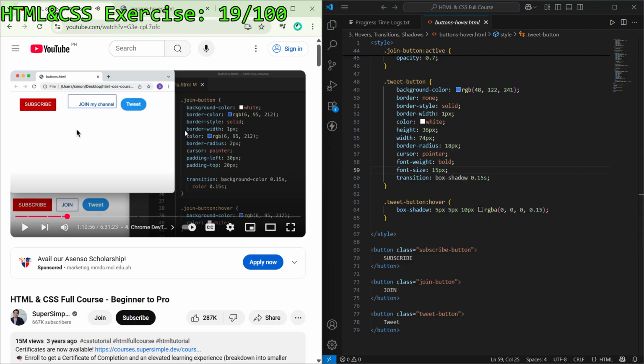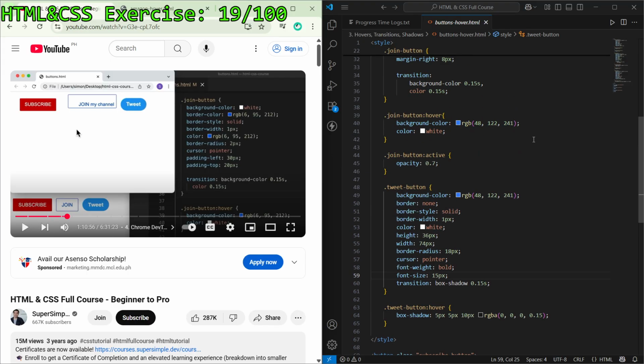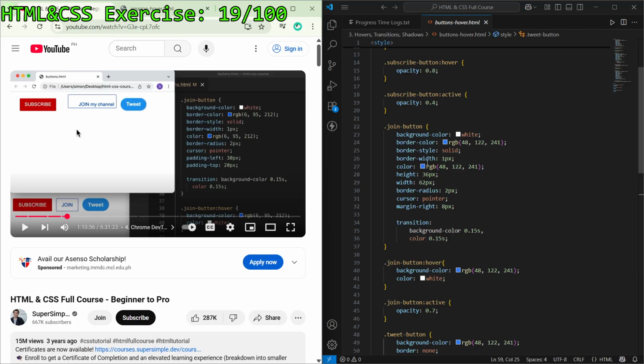So over here in the join, it's a join button, right? Right here. So height and width is not okay, but I can set the